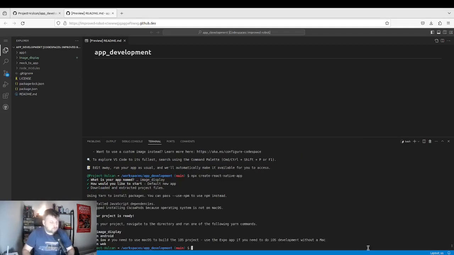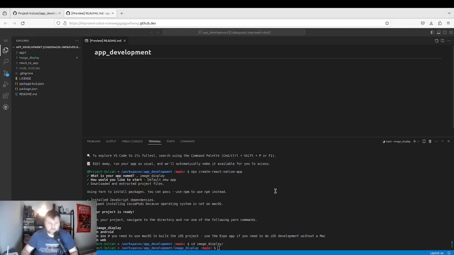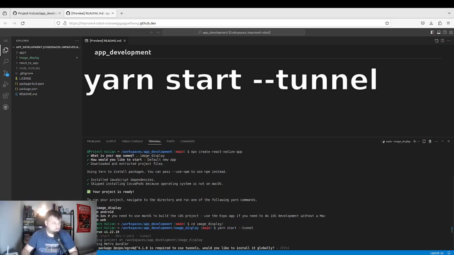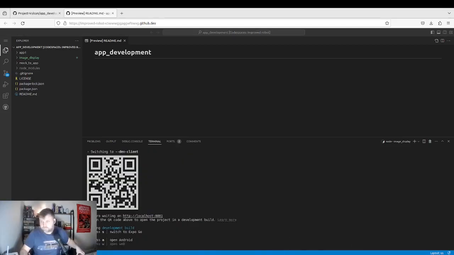Okay, once that's installed, we want to move into the directory for this app. So cd image_display. Okay, we're inside. Now let's quickly start the app by typing yarn start --tunnel. If we just wait a minute, it'll ask if we want to allow the tunnel. Yes, we do. Press Y. So now that we've got the app running on our development server, which is on CodeSpace, we should